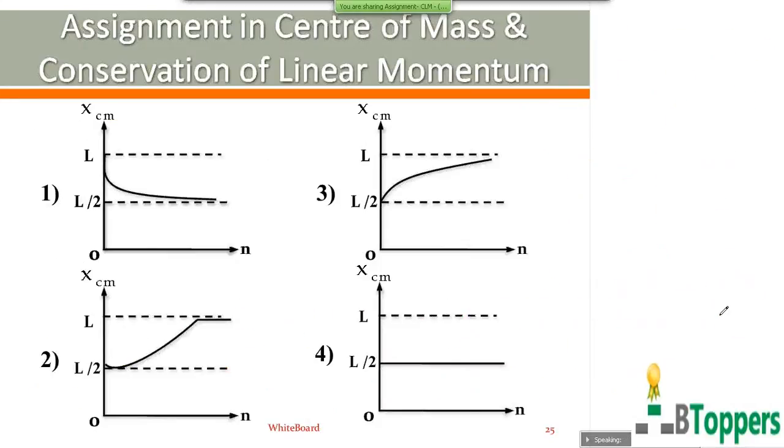You can look at the 4 graphs. Only in the third graph, you get on the y-axis, at n equal to 0, XCM equal to L by 2, and for n equal to infinity, XCM equal to L. So the results will tally with the third graph. So the third option is the answer for this question. I will be continuing the discussion of the remaining questions